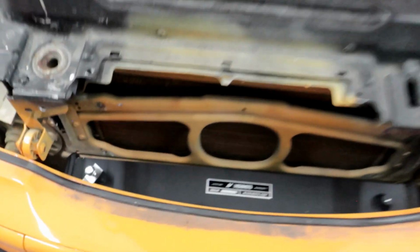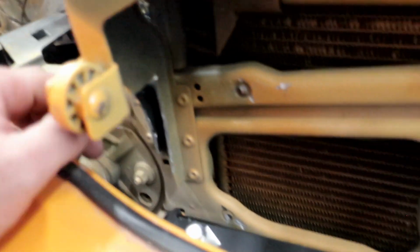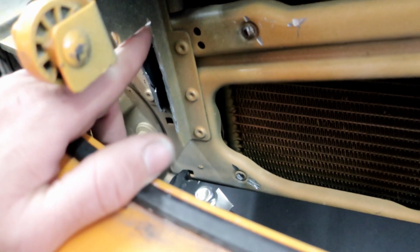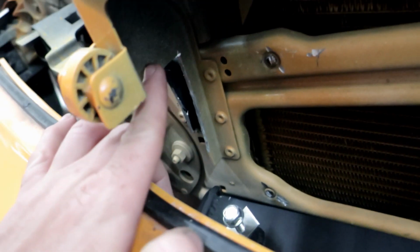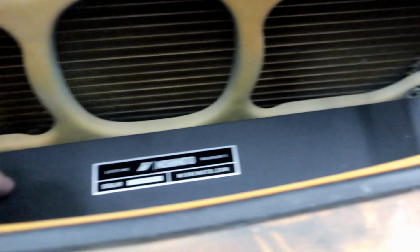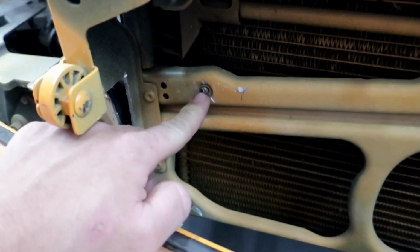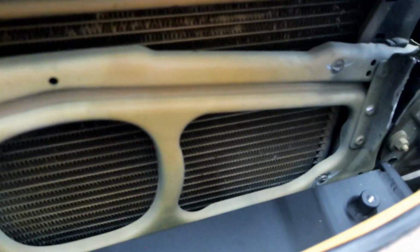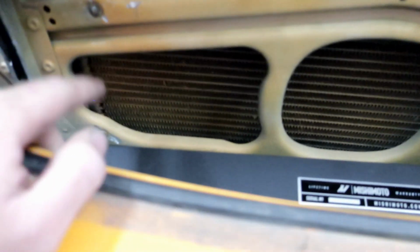Next step I want to do the intercooler. The intercooler is not mounted up. I didn't have to cut the bumper or anything like that. The only section I had to cut is that bracket right here. This thing was extending out right there, so I had to cut it so the intercooler fit perfectly. And I had to get rid of these studs right here. I got rid of all four of them, so now this thing seats properly. Now I gotta just get a bracket to mount it up, but for now we're working on the manifold, so